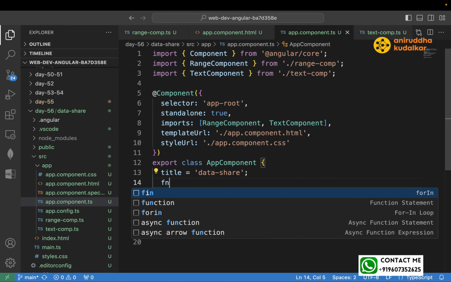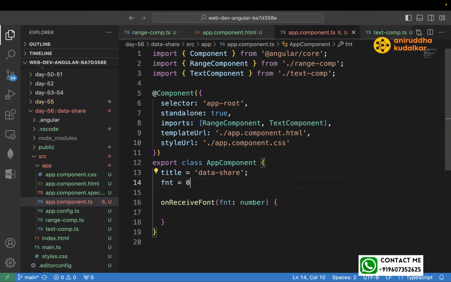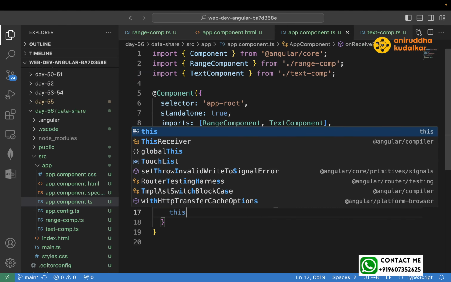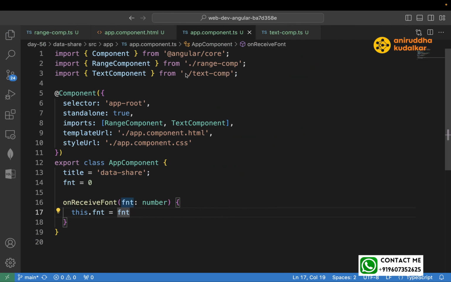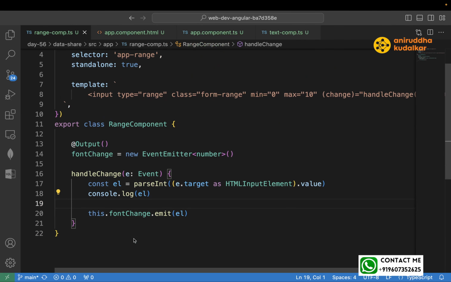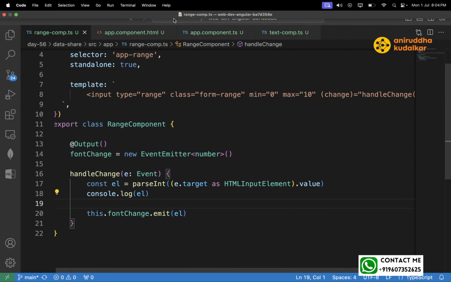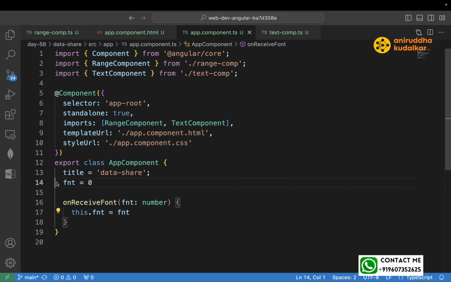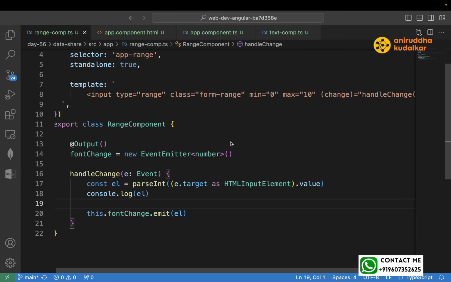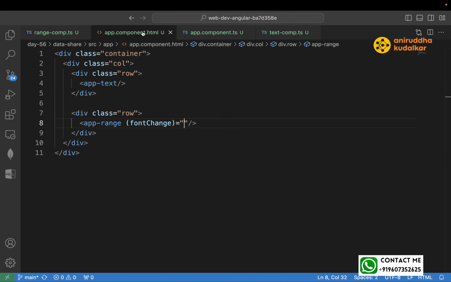Here we can say fnt is 0 right now, and here we can say this dot fnt. So we have captured in the parent component. So the event is getting transmitted from this component to the outside. Outside means to the app component. So in the app component there is the fnt variable. So we will just assign this